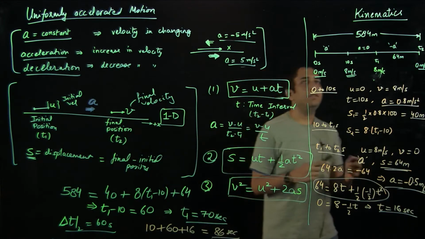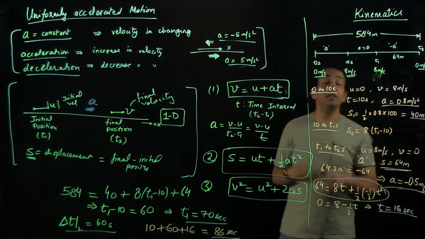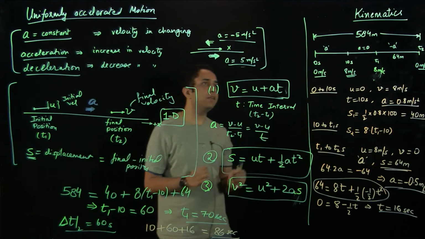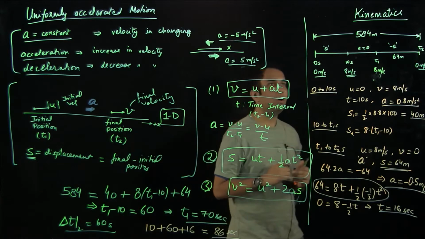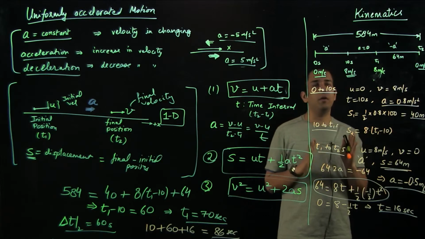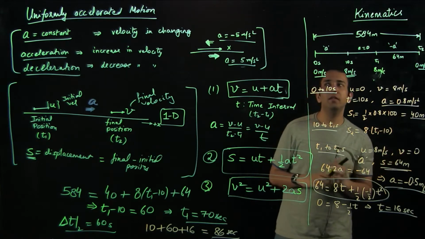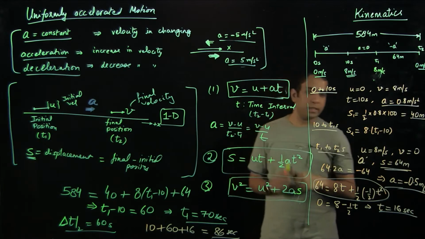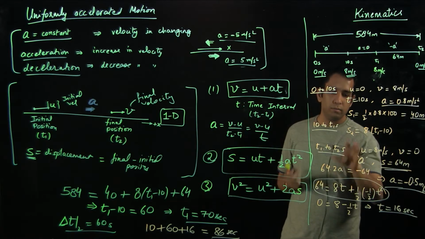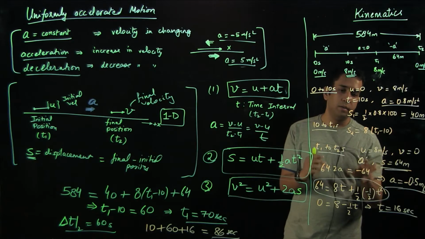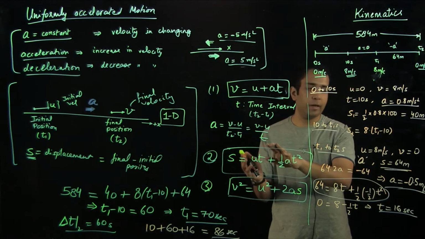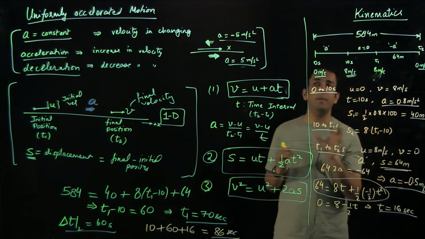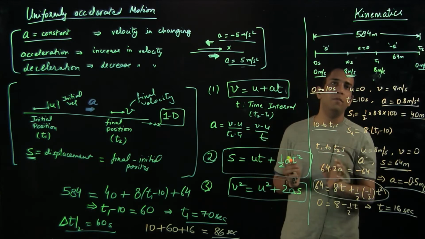As you have seen, in this question we had different time intervals, because in each of the time intervals the acceleration value was different, although the acceleration was constant, but we could separate these three time intervals depending on the acceleration which was present in that time interval. Other than that, while solving, we also looked at the method of using these three equations, and how we define the initial velocity and final velocity, because these are dependent only on the time interval which we are talking about.